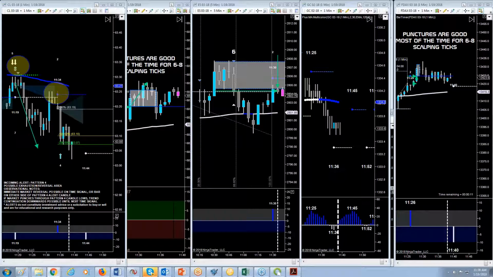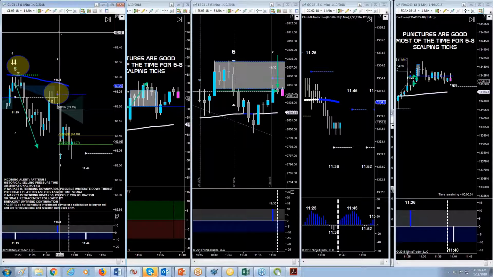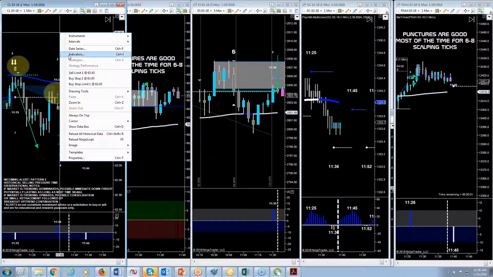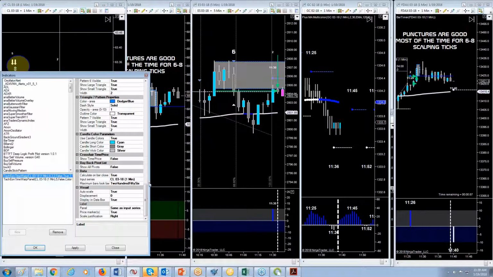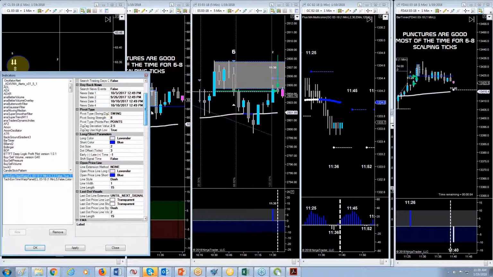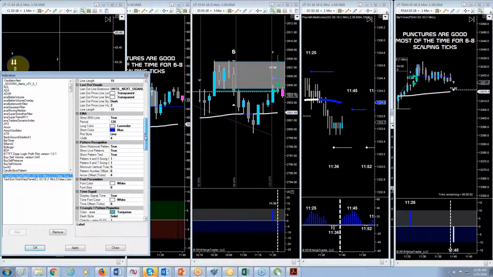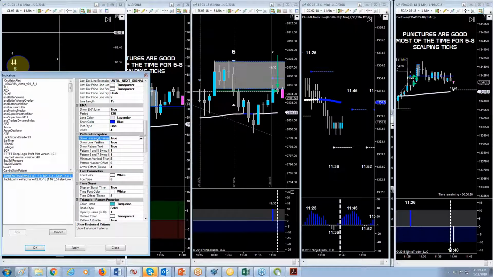All right. AJ, got any questions for me? Marco? Can those arrows be turned on and off in the settings? They can be, yes. Don, there's a parameter here for time warp that says show historical, show live, show historical pattern recognition, show live pattern recognition, show live pattern text. I have them all saved true.